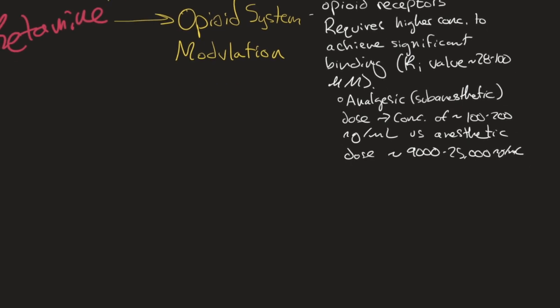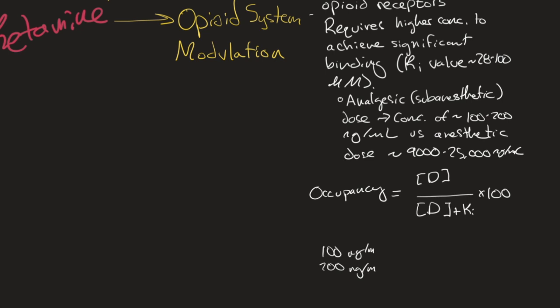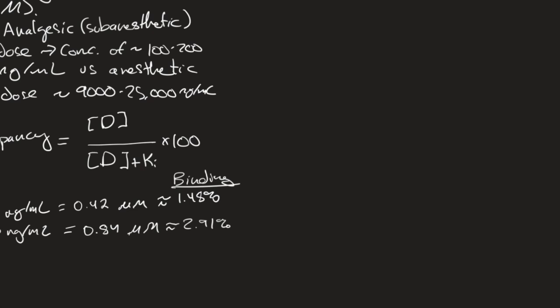That being said, the effect that ketamine has on the opioid receptors is not likely mediated through the opioid receptor itself. Instead, it might be an allosteric modulator or perpetuate the effects of opioids within our bodies, natural opioids, and their effect on the opioid receptor. So let's look at some of the studies that have been done that led us to believe ketamine interacts with